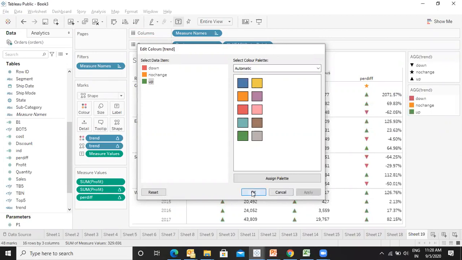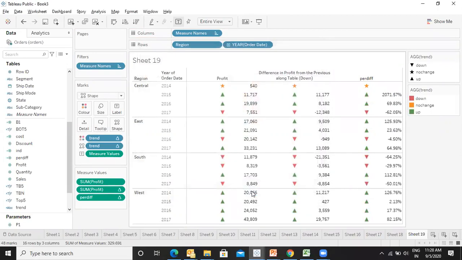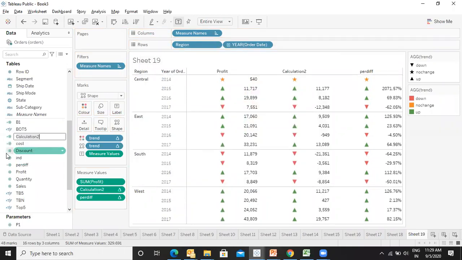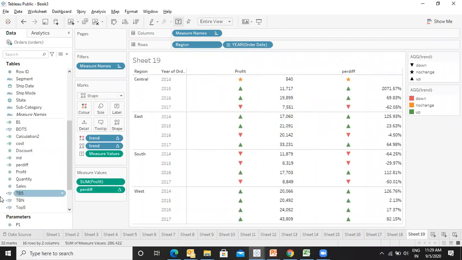Apply and okay. Here it is. And let's remove the profit from here, I don't want it. I remove this. Remove this. Here it is.